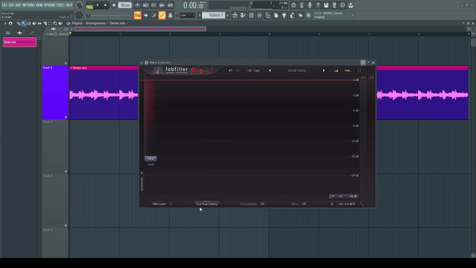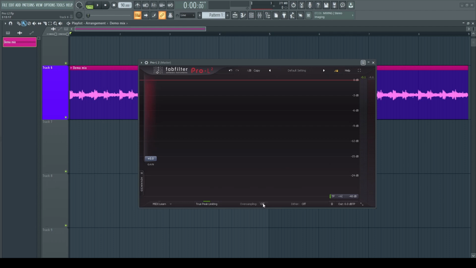Next, we have the true peak limiting option. Although we have the output level knob here, we can determine what amount of output we want from this plugin to go. It is possible that your signal might clip even after you have done the limiting. So this true peak limiting option avoids all of that. It will make sure that even after your output is on any set value, your signal doesn't clip. So that's how true peak limiting works.